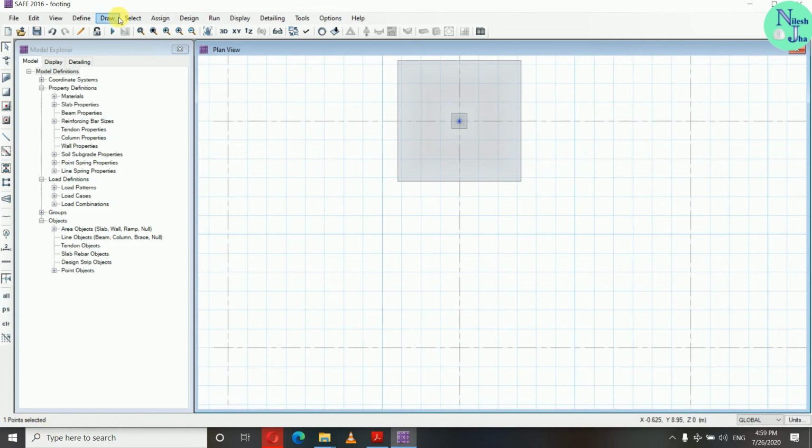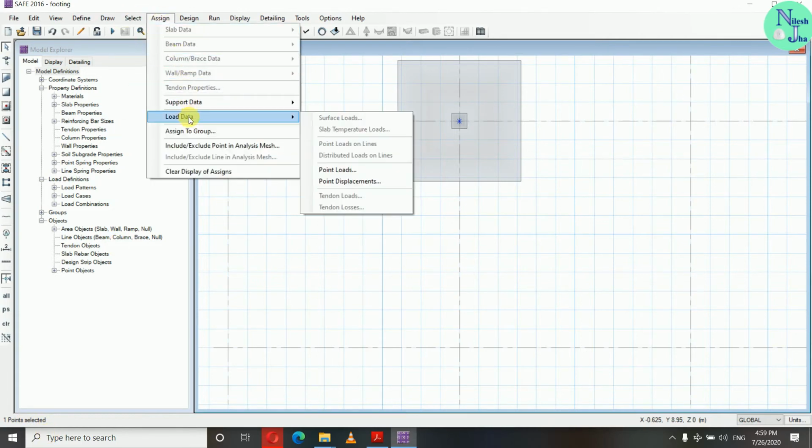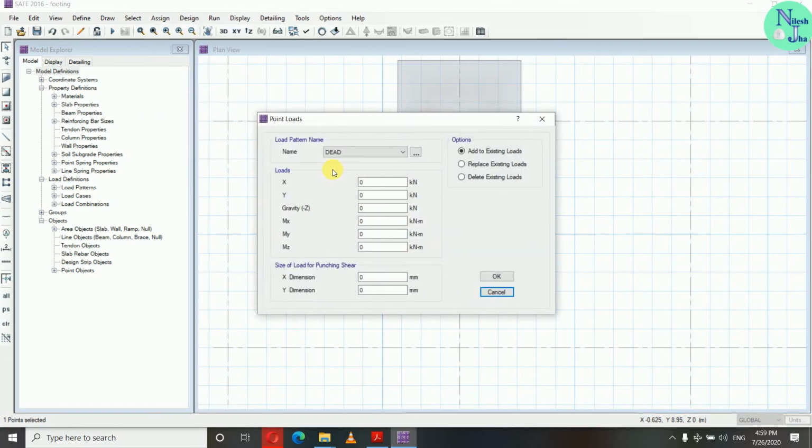And now go to Assign, and in Load Data you can see the Point Loads here. Now we are assigning the axial load that is acting on our column. So the dead load and the live load that we got from ETABS, you can see in the first part of this video.